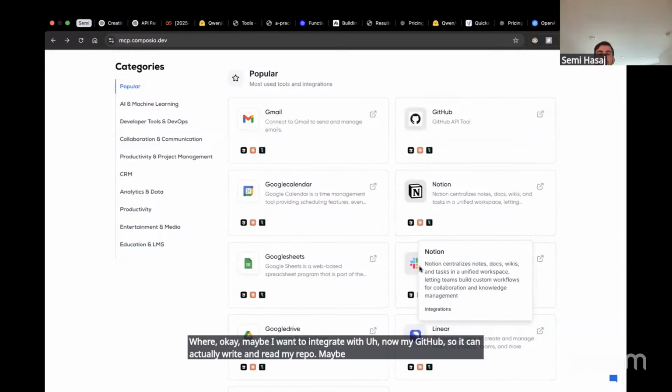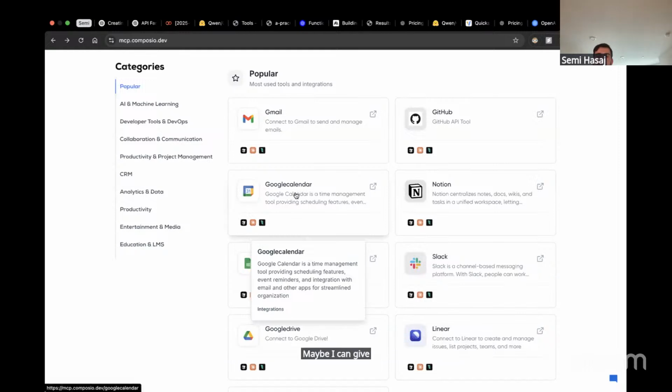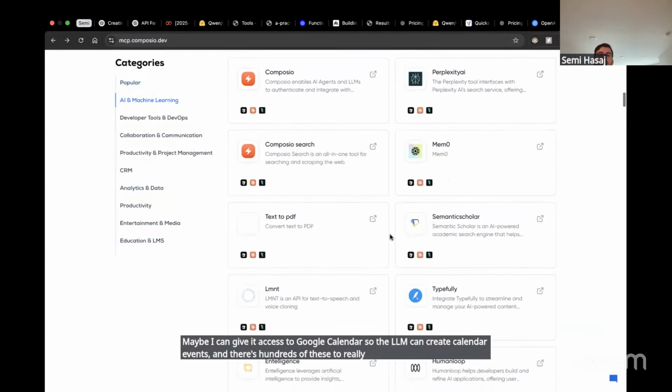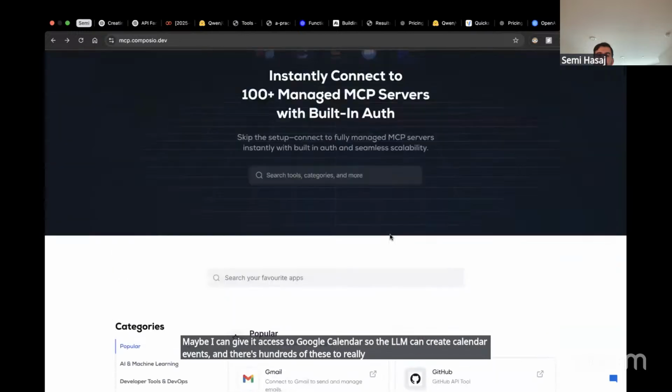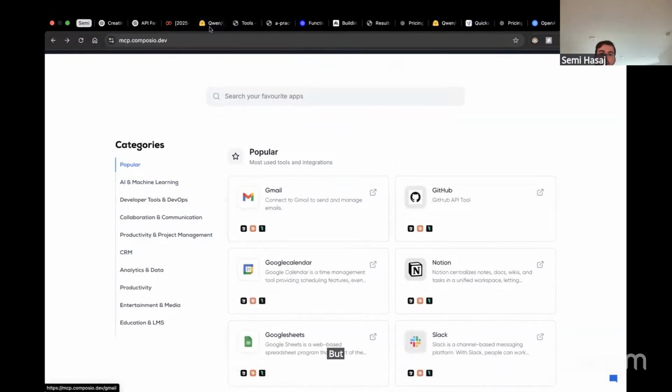Maybe my Slack, so it can read my messages between my team. Maybe I can give it access to Google Calendar so the LLM can create calendar events. And there's hundreds of these to really improve all the kinds of things that your agent can do. That's where it gets super powerful. But I'll leave it there.